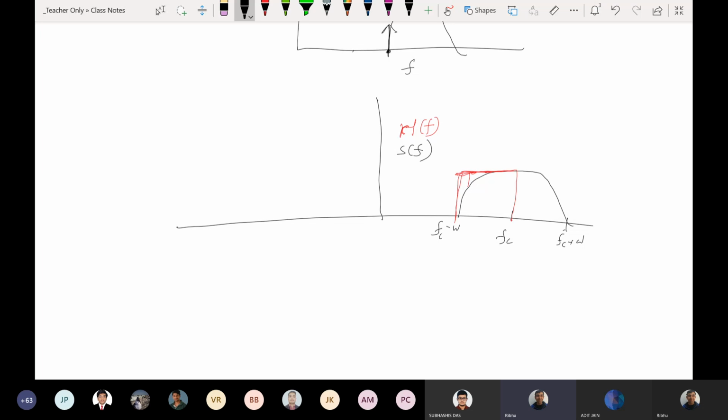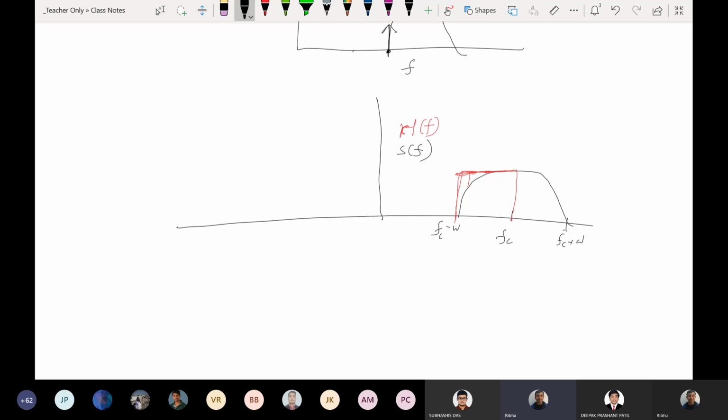Like in generating AM, you had everything around fc and you had to keep a bandwidth W around fc, and then you had to filter out 2fc, 3fc and 0 frequencies like that. In low pass filtering, you filter only up to W, where fc is much greater than W. But here, you want a precise razor sharp filter that chops off everything at 0, right? But that isn't practically possible. You do not have brick wall filters.